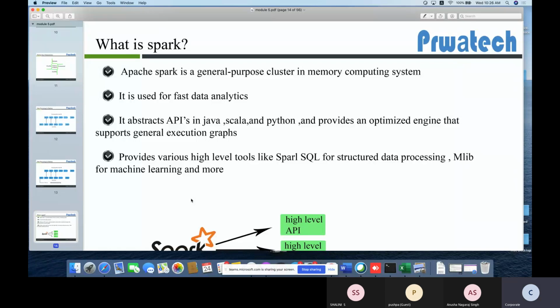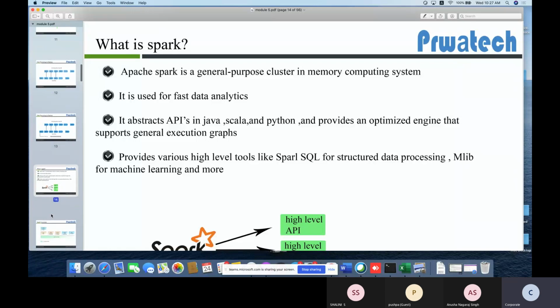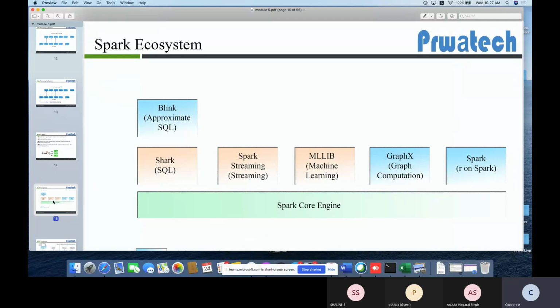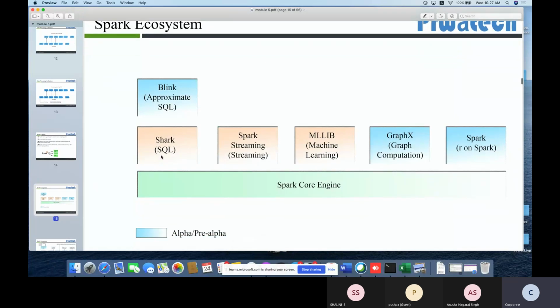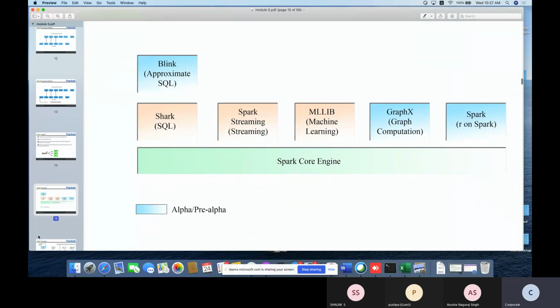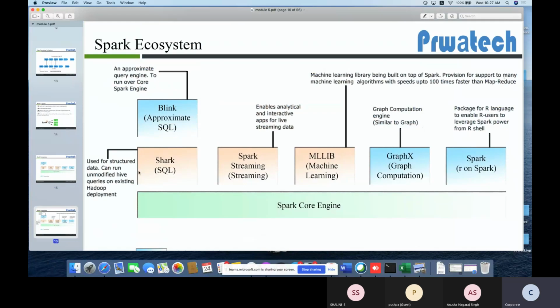Understand? So we have multiple stacks, like Spark SQL, and we have discussed Scala, and we have already done Python. So we'll learn about these stacks in the ecosystem. We have Spark SQL, later it was given another name. Now we have Spark Streaming, machine learning, and GraphX. These are the Spark ecosystem.